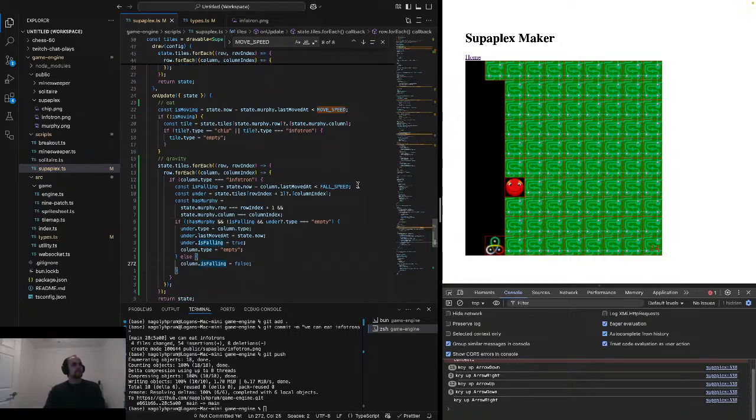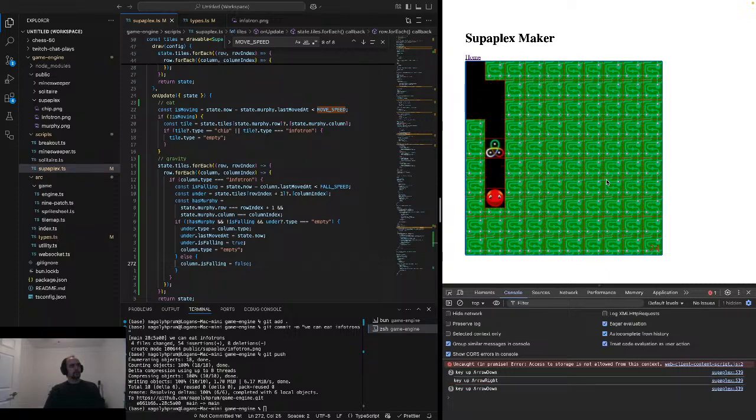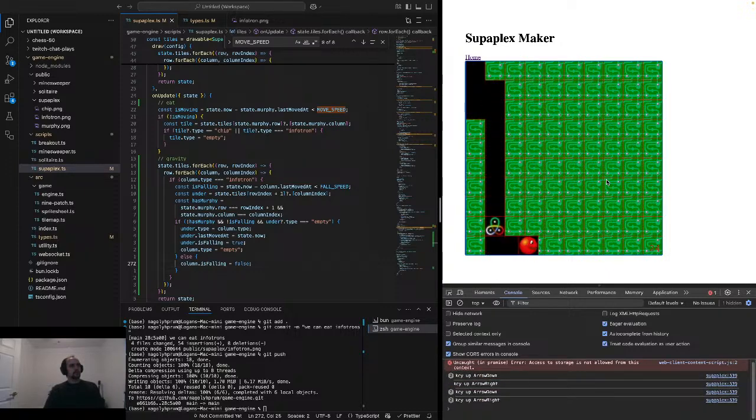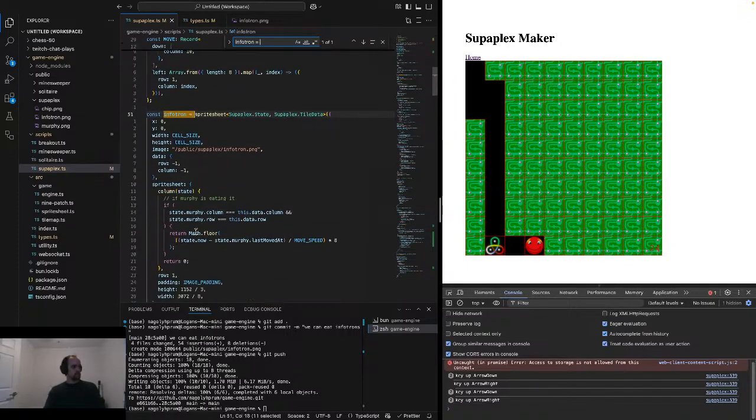Okay. So hopefully it falls a little bit slower so we can hopefully outrun it. And then we can add the animation in now. So go to the Infotron equals